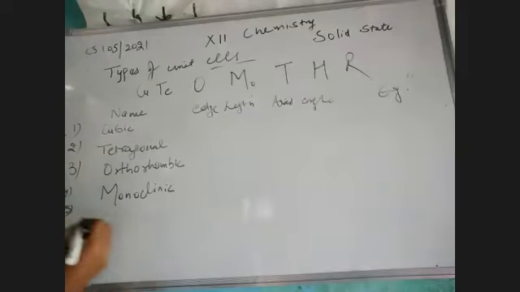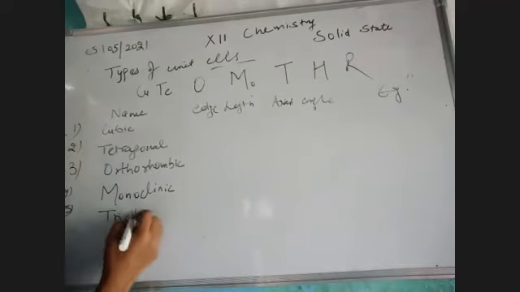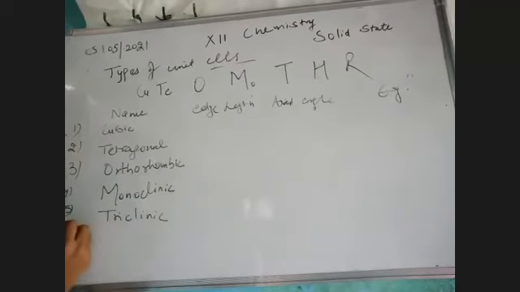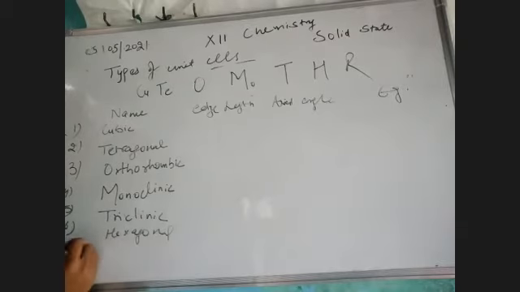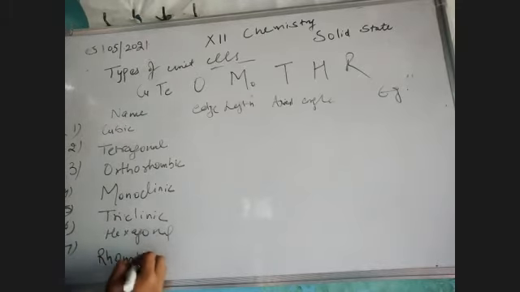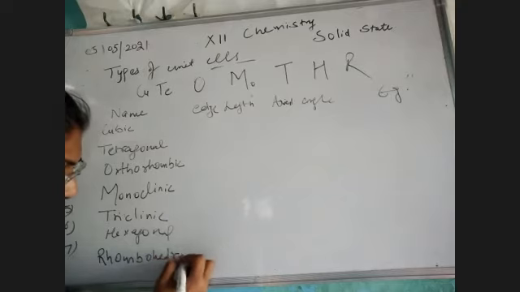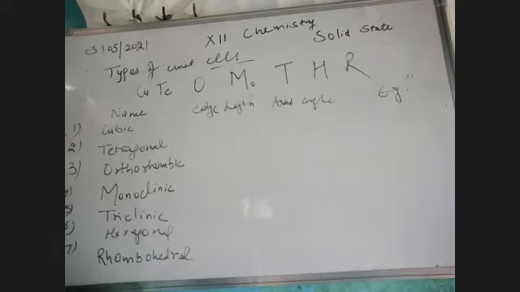Next one is triclinic. Next one is hexagonal. And the last one is, I think, rhombo. Yes, rhombohedral. So these all are 7 types of unit